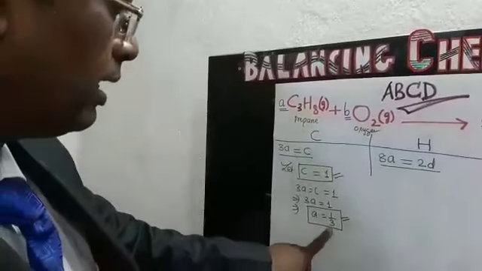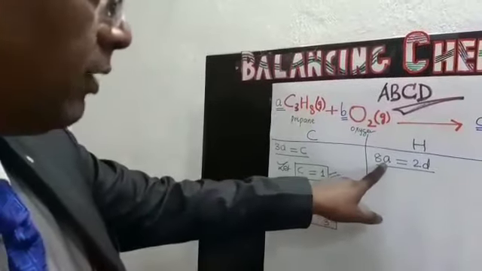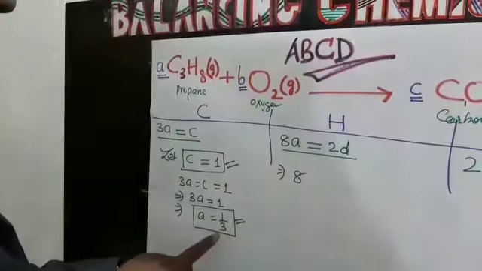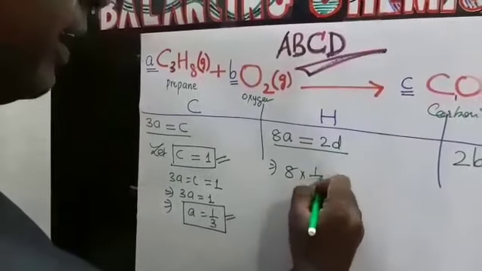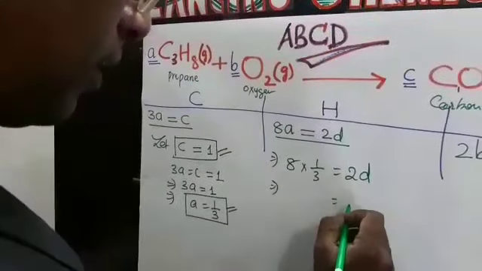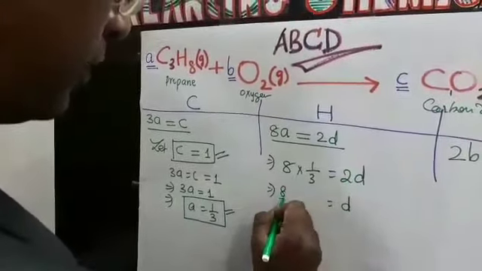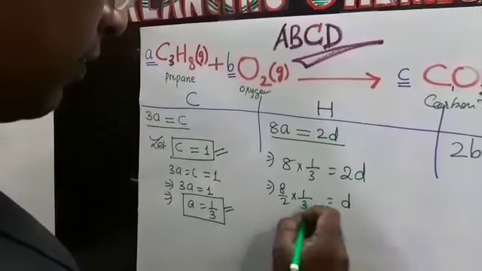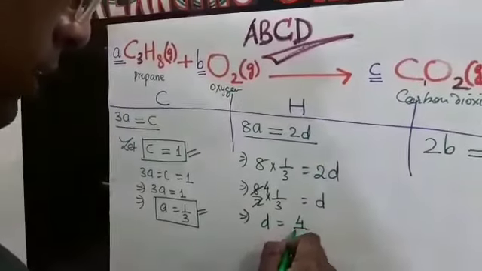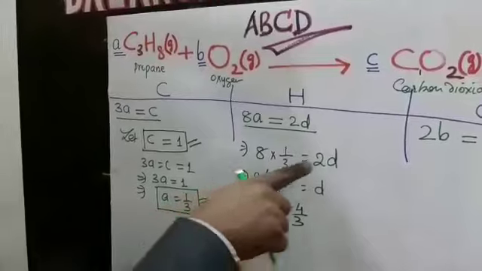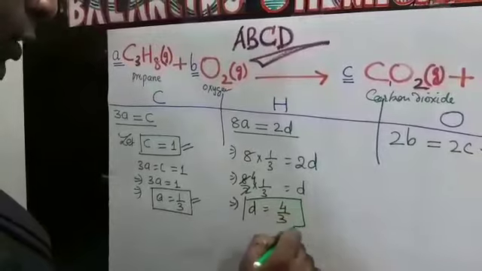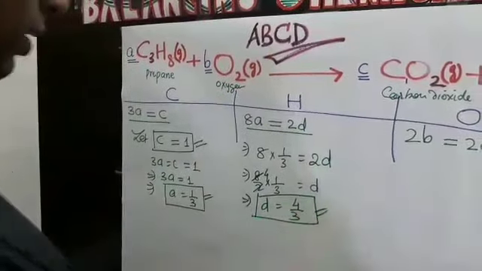Now when we get small a equal to 1 by 3, we'll put the value here in the second equation. It will become 8 into, we'll substitute A by 1 by 3. So it will be 8 into 1 by 3 equal to 2D, which implies D equal to 8 upon 2 into 1 by 3, equal to 2 4s, or D equal to 4 upon 3. Very simple. 2 will be transferred here. So 2 4s 8, 4 by 3. D equal to 4 by 3. Within no time, we've already found out 3 variables.